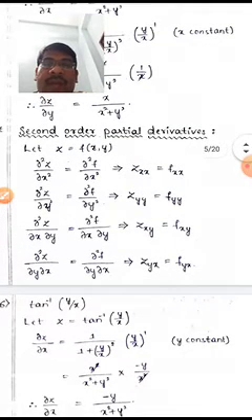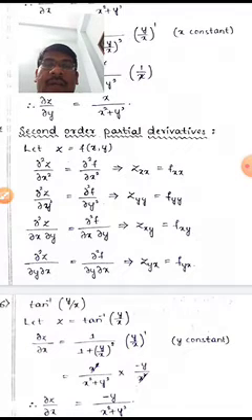Here dou z by dou y and dou z by dou x are the first order partial derivatives. Again we have to differentiate them. We get the second order partial derivatives. Let z is equal to f of x comma y. Then dou square z by dou x square is equal to dou square f by dou x square, which is equal to z subscript xx is equal to f subscript xx. This is the short notation for the double derivative of the partial derivatives.